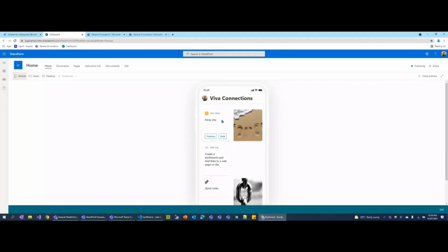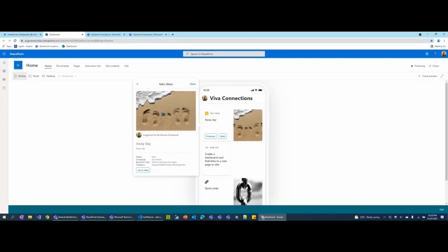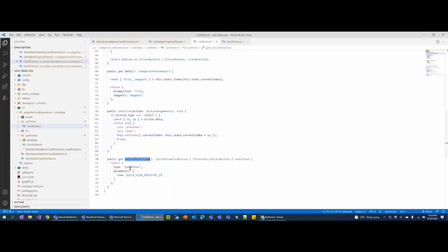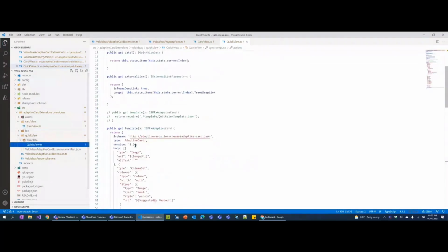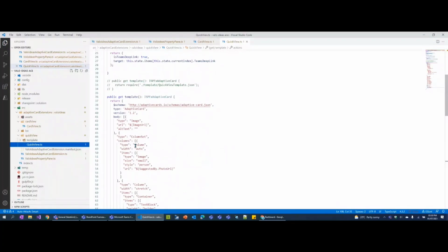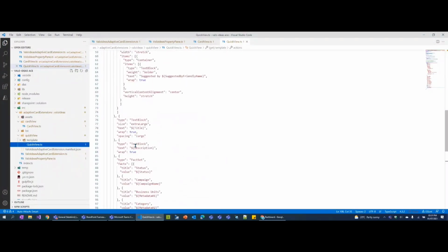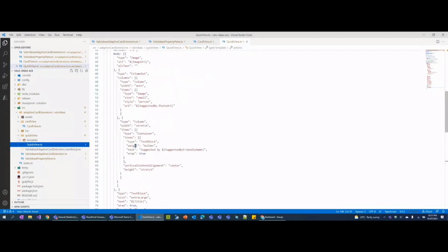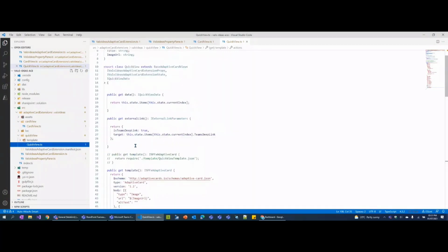And then going back again, this is your quick view. And as I said, this is like a full-blown adaptive card. And how you configure that adaptive card is right in the code itself here. You can also save your adaptive card as a file and then show it here. It supports your data binding and everything and so on.